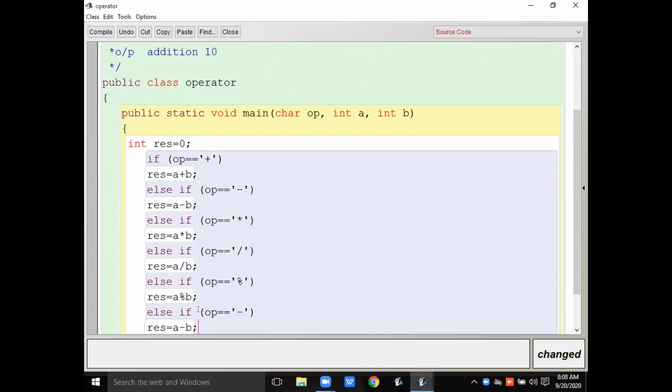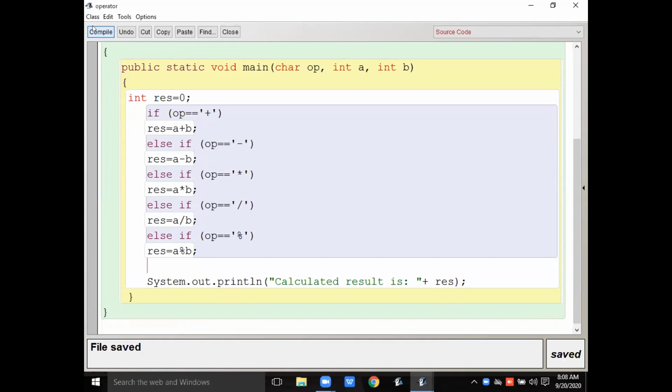So in the else we are not going to give any condition, so result will be 0, or there is no need to write this because we have already given it. Now I'm using System.out.println, calculated result is, and the variable I'm using is result.